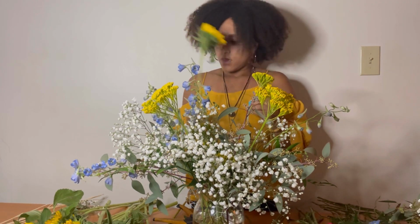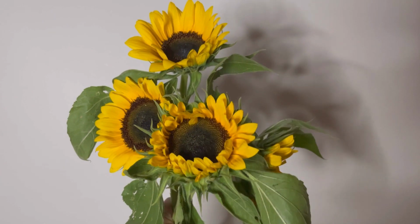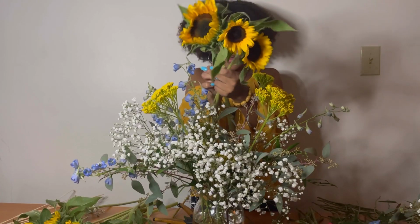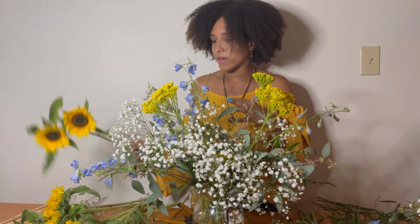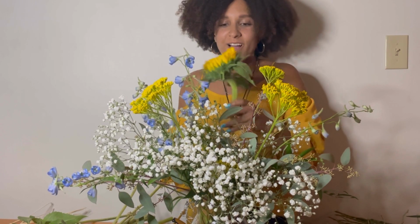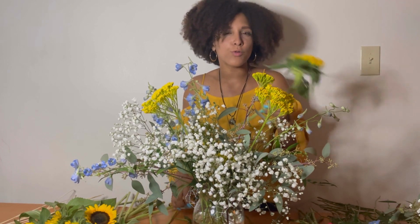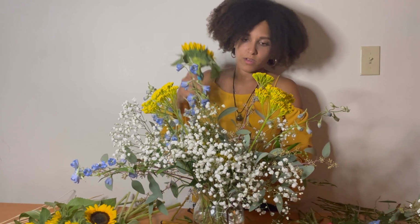But yeah, so now I'm gonna take these gorgeous sunflowers that we got here, and I get everything from my local wholesaler. I always like picking things out in person because when I pick things online, I usually stick to exactly what I want to order. When I'm in the flower wholesaler market, sometimes I see a flower that I wouldn't have typically seen online and I'm like, ooh, I'm gonna try working with that one today. But yes, today we are working with some